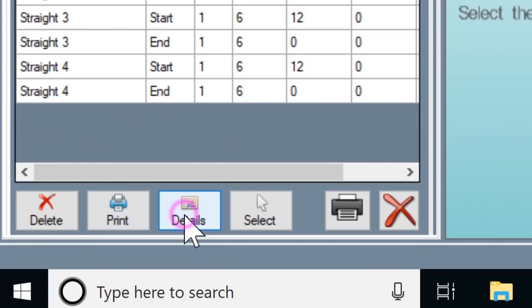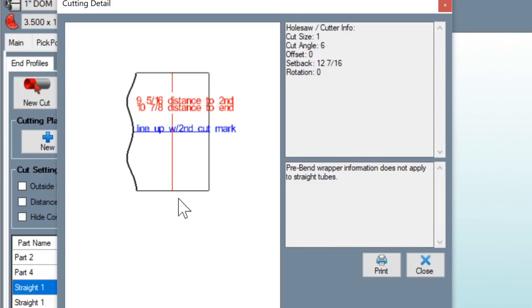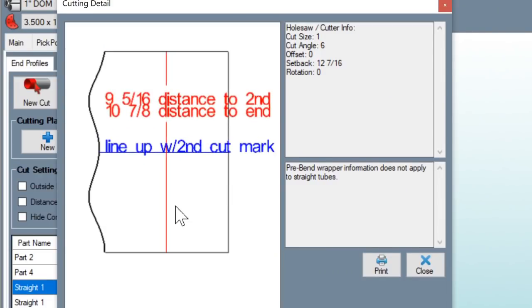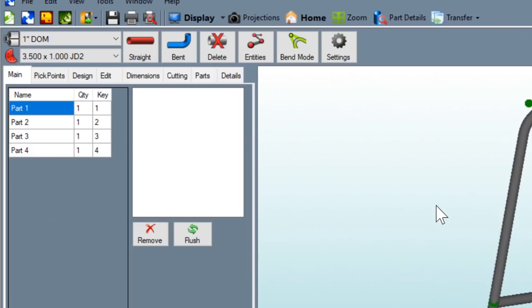And if you click on Details, this is your template. This is what you want to print out. And I'm not going to explain to you all the idiosyncrasies of these, because I have another video that goes over that, and I'll put a link to it up on this video so you can check it out. But this is where you would print this out, and this is where you would use that template to wrap around this piece to cope that out. And now I'm going to save this.